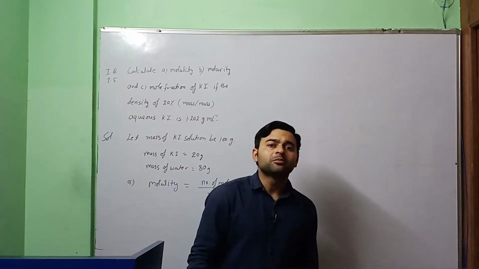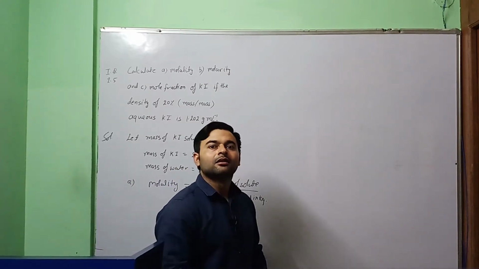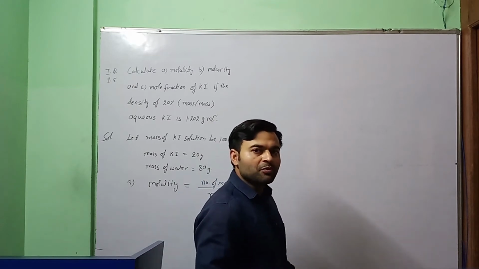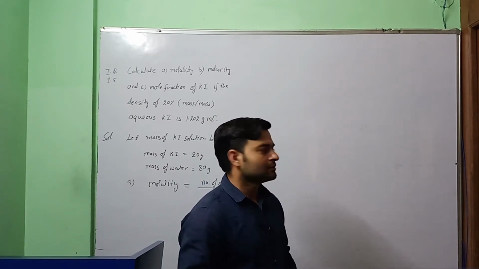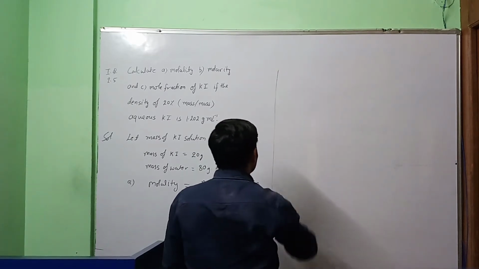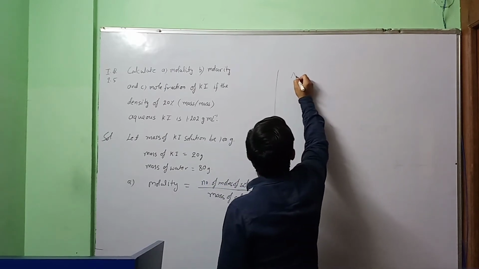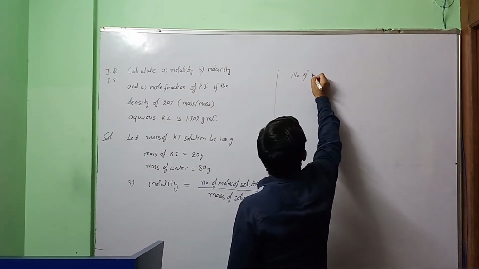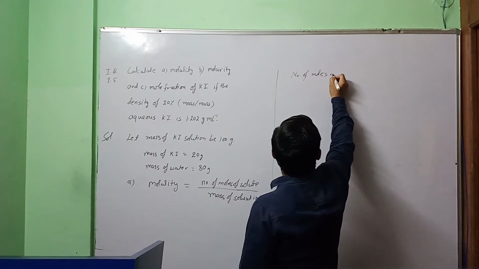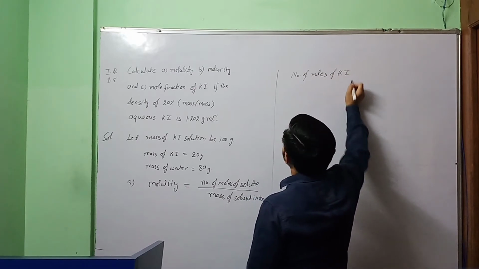Now to calculate molality we have to find the number of moles of KI. So number of moles of KI,